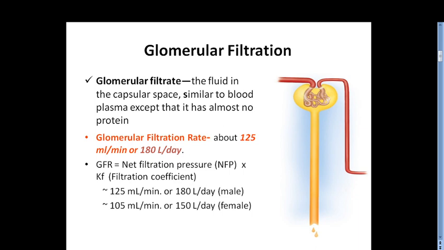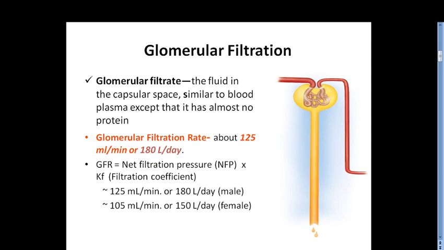So first step is glomerular filtration. So basically the filtrate which is formed in this process, it is called as glomerular filtrate, and this glomerular filtrate is basically like a plasma, and its all composition is similar to the plasma except the proteins, because the proteins are larger and they do not get filtered through the glomerular capillaries.